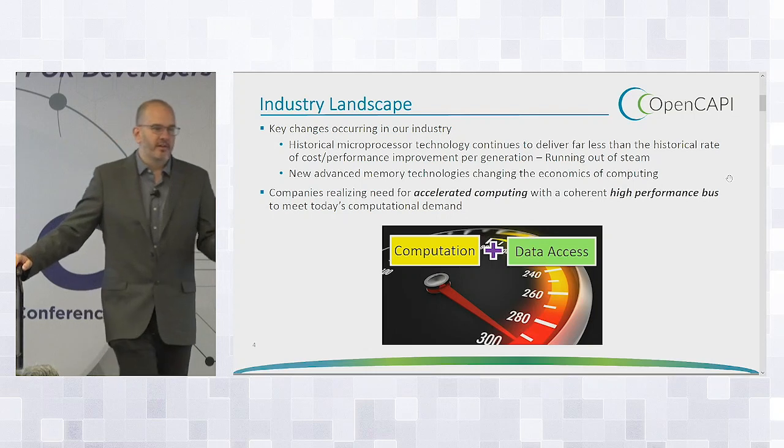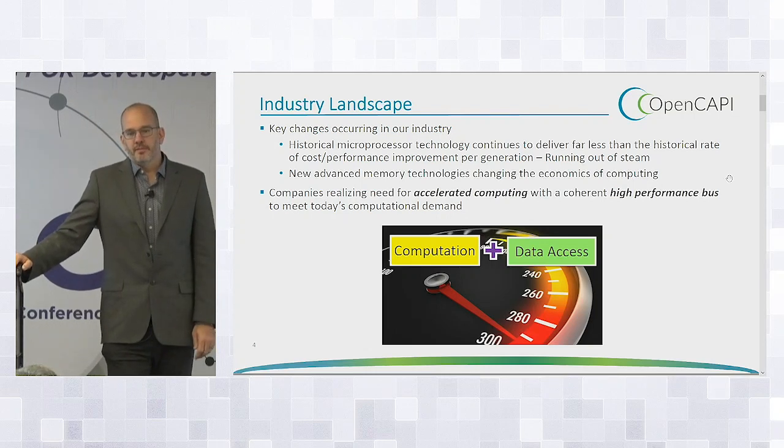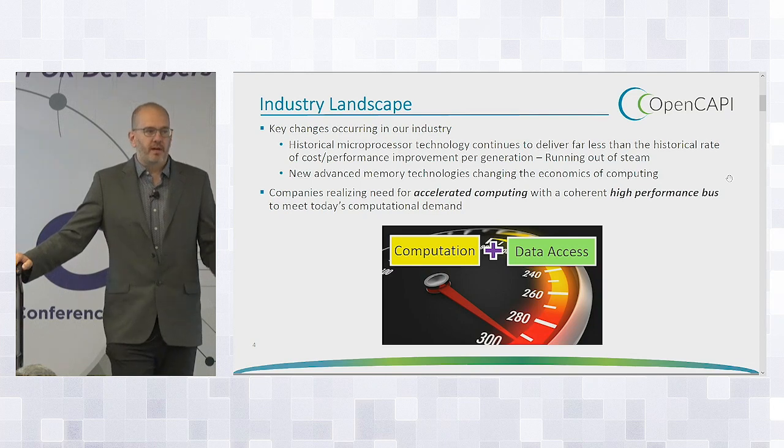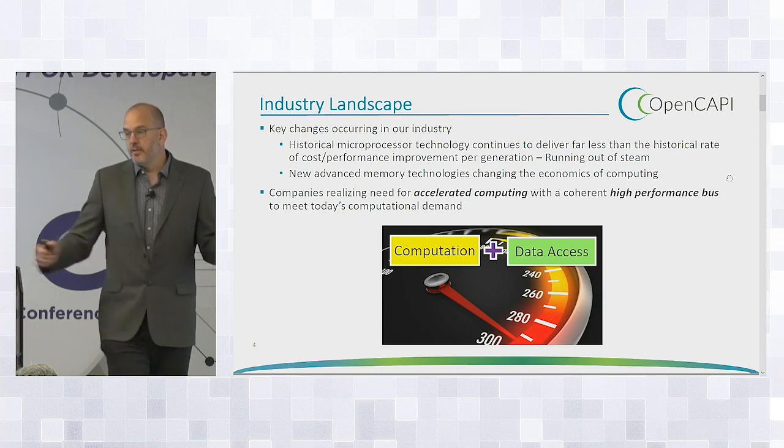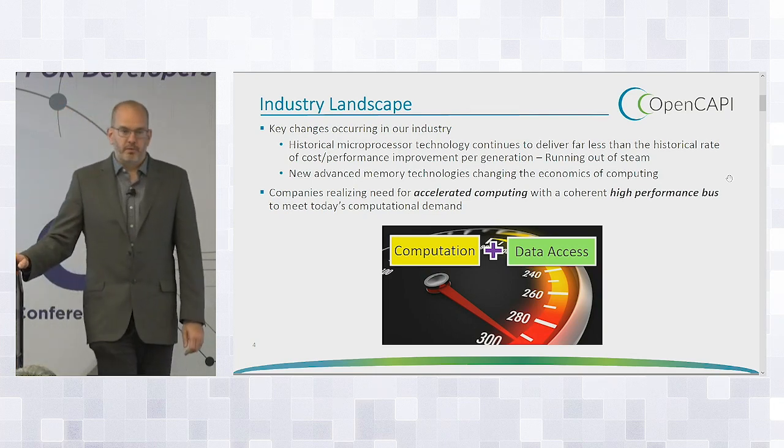So industry-wise, we've got really two significant things that are quite dramatic compared to my last 20 years in processor architecture. The last 20 years were spent making our CPUs go from 400 megahertz, I think was the first one I worked on, to somewhere in the 4 gigahertz range. And then, some number of years ago, probably 5 to 6, we capped out on that frequency, and we're having essentially Moore's law pains, right? No greater frequency parts. We are getting more transistors, but those transistors are at the same power that they were in previous designs. And so we end up having this huge problem trying to do everything with general purpose processors.